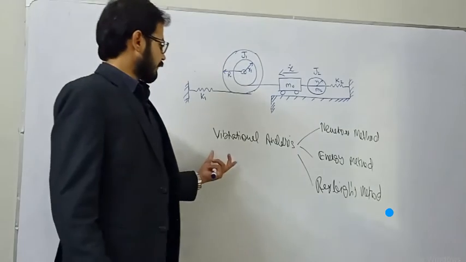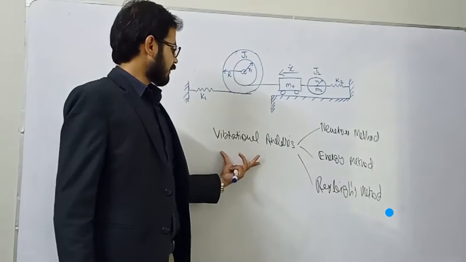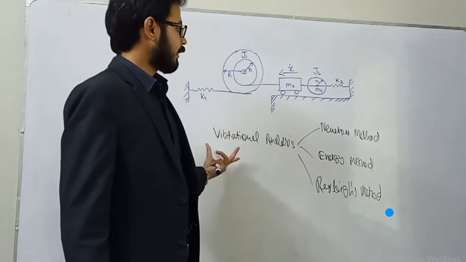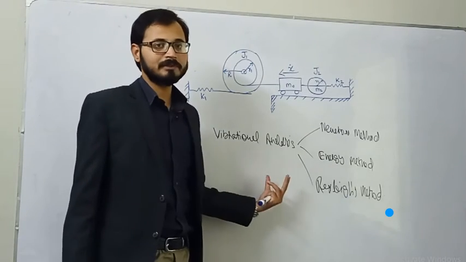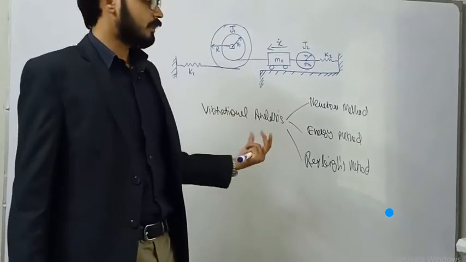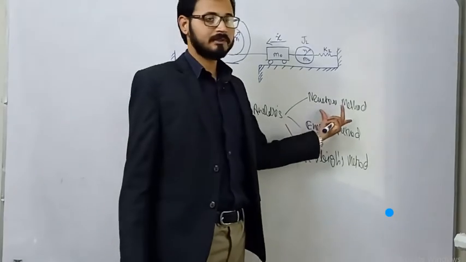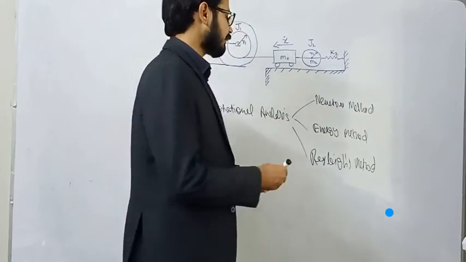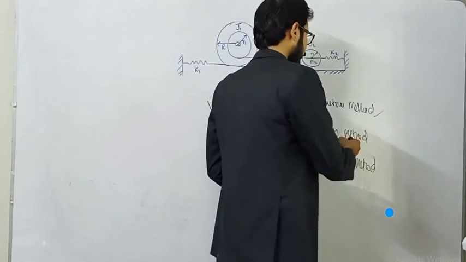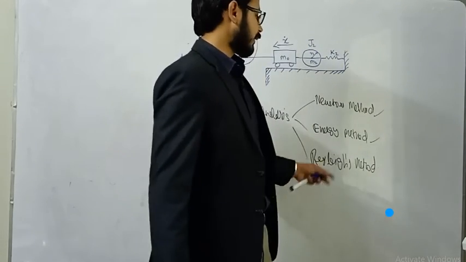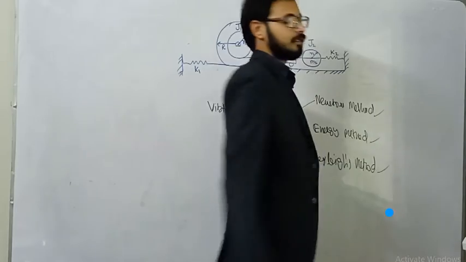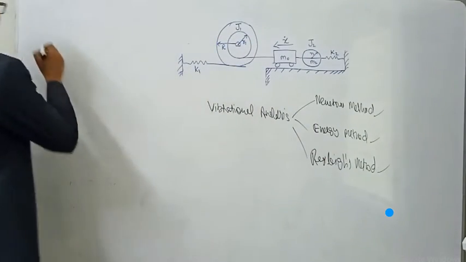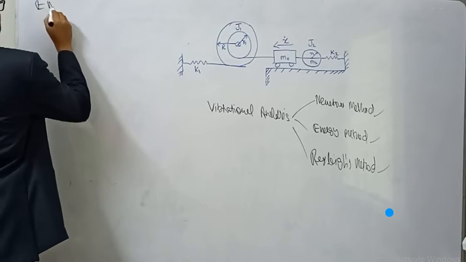So here we can see, consider that we are going for the vibration analysis of a particular vibrating system, and we can solve it by a number of methods, but the most useful in most cases are the Newton method, the energy method, or Rayleigh's method. We have solved the Newton method in previous weeks, and today we will go for the energy method, and inshallah in coming weeks we will go for Rayleigh's method. So I want to define the energy method. We have already defined what the energy method is.